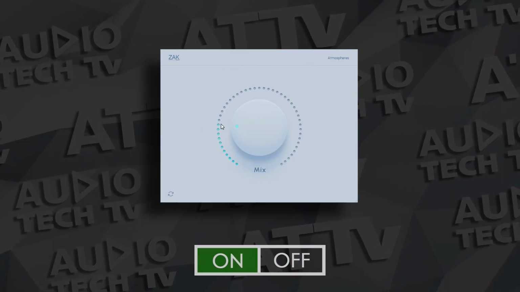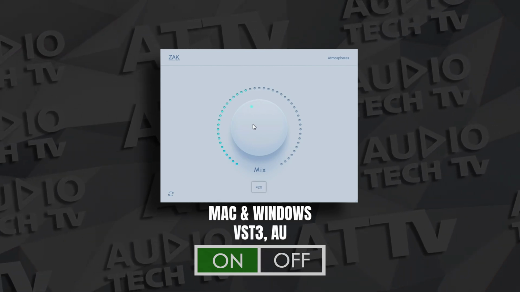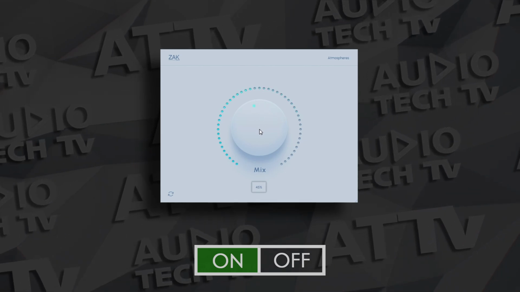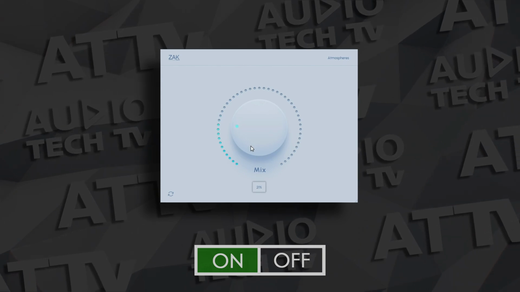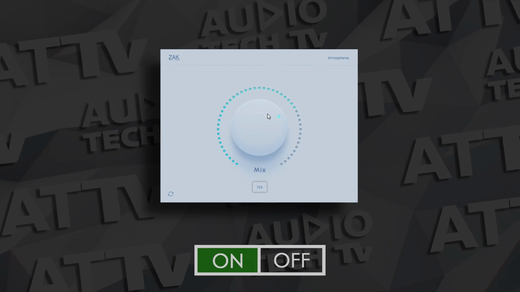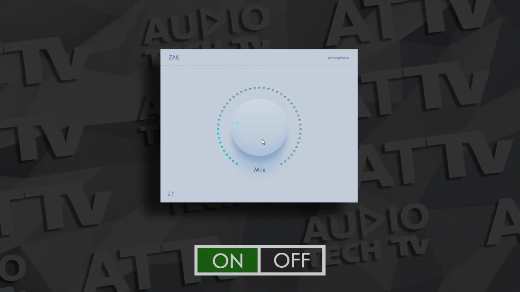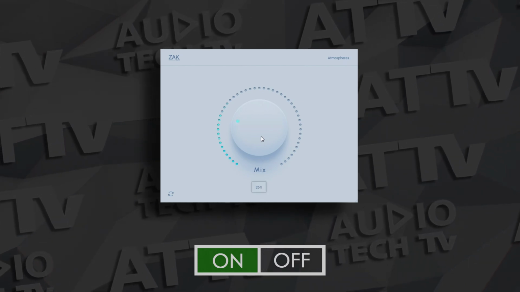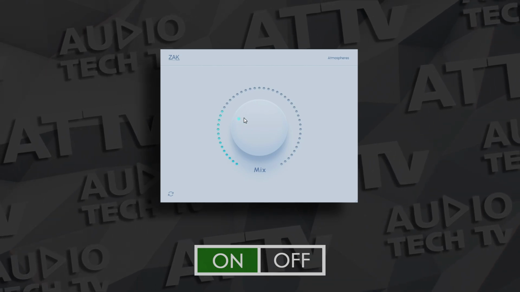Now here's an interesting free reverb plugin. This is Atmospheres from Zack Sound. This one features reverb sounds from their premium Deep Waters plugin. But with this free version, you can't adjust any of the settings. You can just mix the amount of the reverb, which is actually kind of cool. When you want to change the reverb sound, you just hit the randomizer button and it's going to do all the behind the scenes work for you. The reverbs in Atmosphere are created from water sounds, so they aren't your typical reverbs. And this is going to give you some new and creative options when you're doing your mixing or doing some sound design.